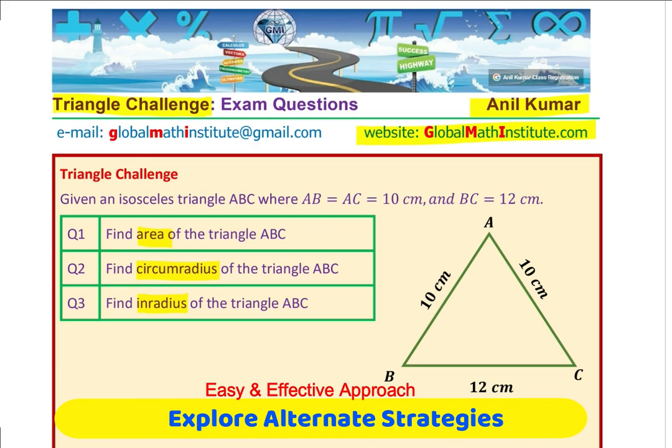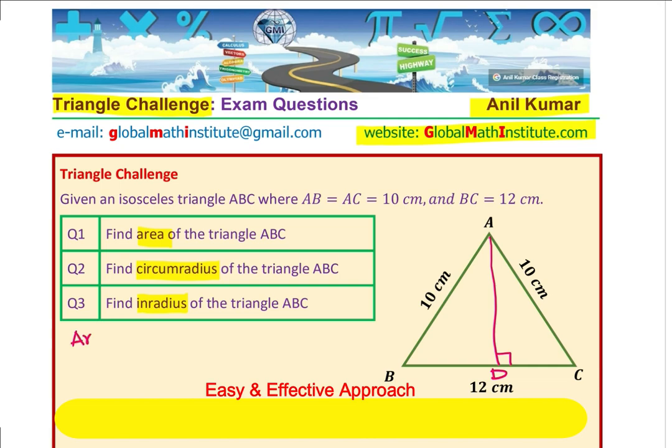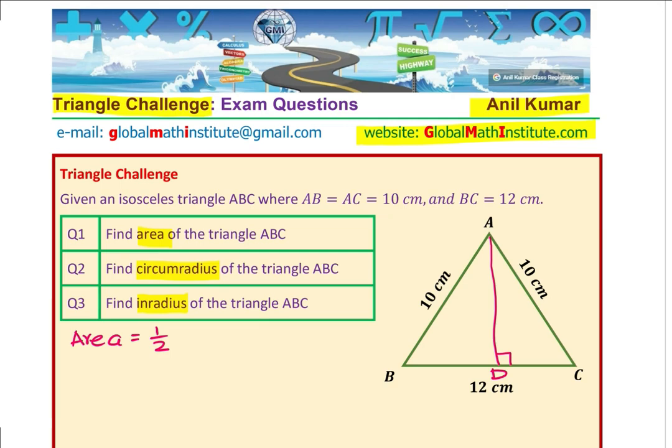To find the area of the triangle, we'll have to drop the perpendicular, right? And let us say this point is D. In that case, area is going to be what? So area is going to be half base, which is BC, times height, which is AD, right? Now, how do you figure out the